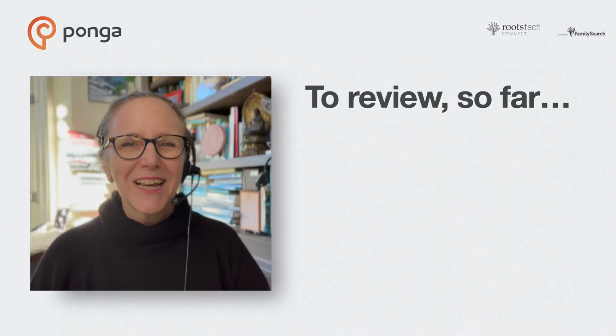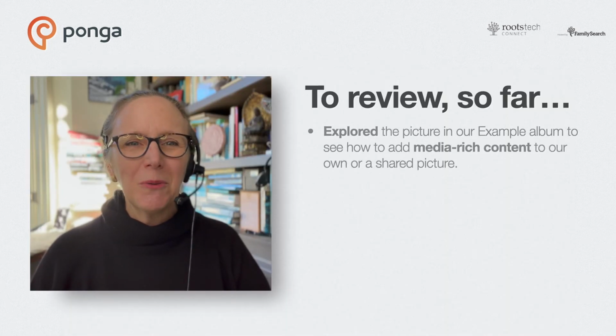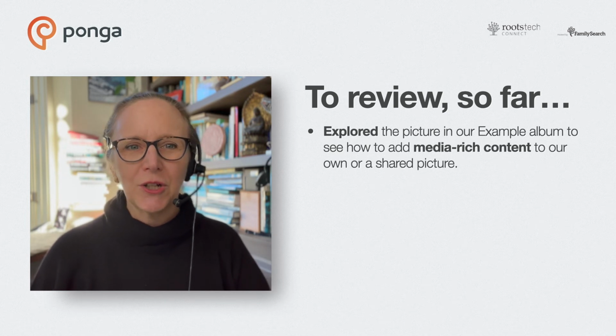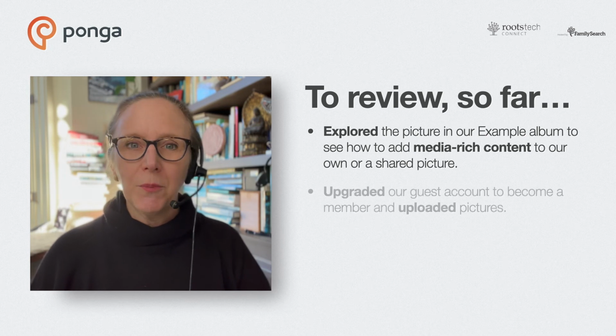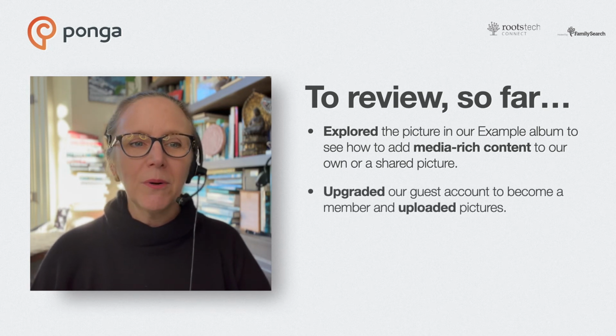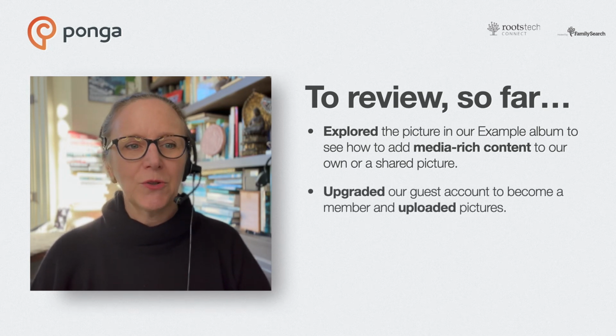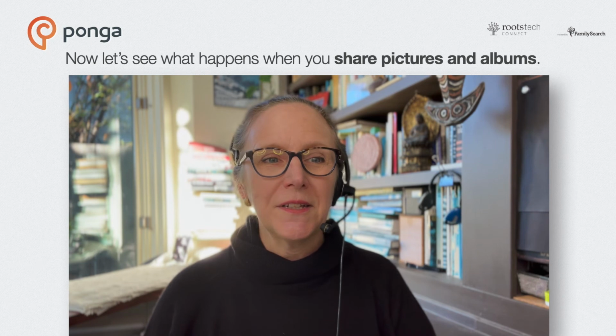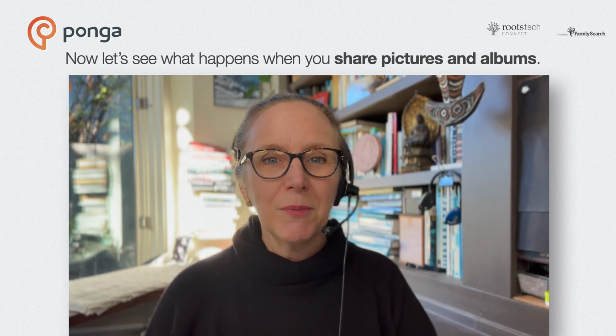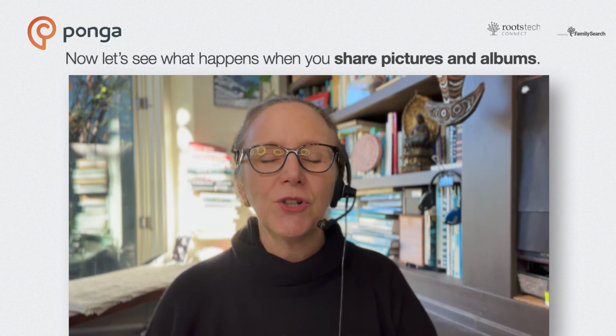There we go. So far, we've explored the picture in our example album to see how to add media-rich content to our own or to a shared picture. We've upgraded our account from a guest to a member and uploaded our own pictures to Ponga. We walked through the gallery to put names to faces. Now that your pictures are organized into albums and individuals are labeled, let's see what happens when you share pictures